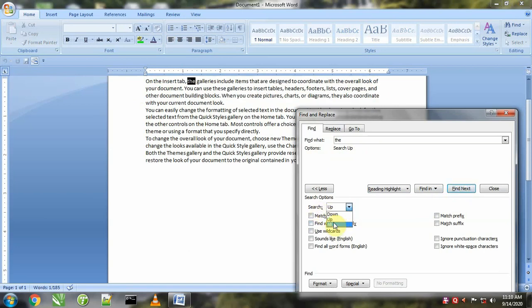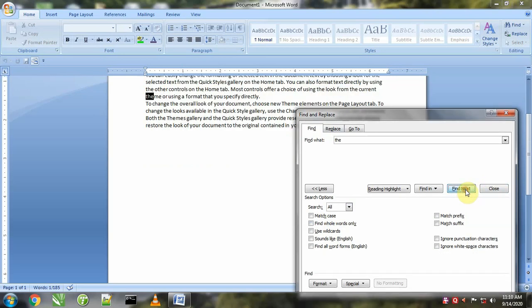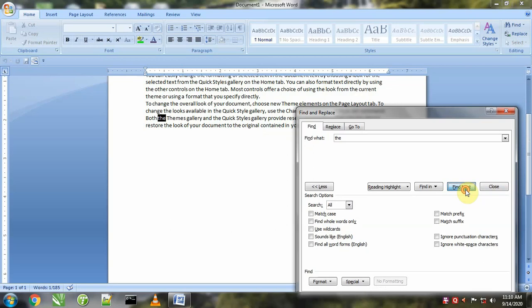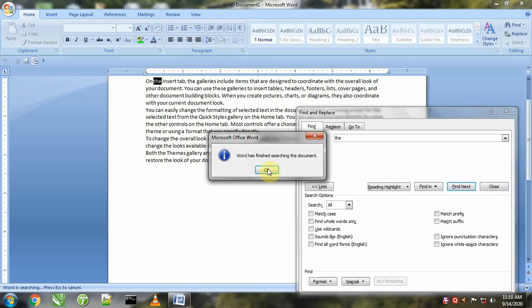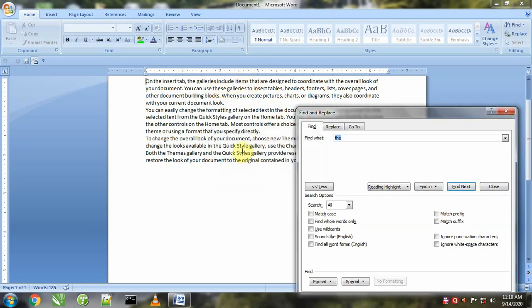If we say all, in that case it will start searching from the current position and move toward the downside, and after finishing the entire document it will go back to the start of the document and search up to the current position from where it started. So this is the use of the all command.